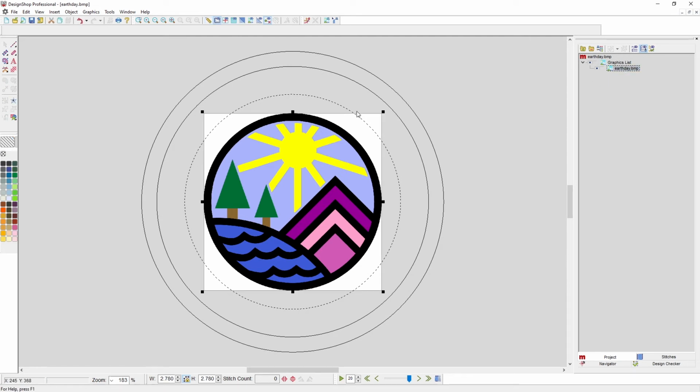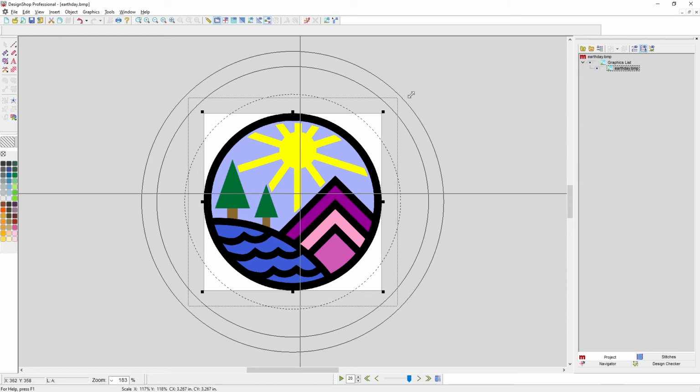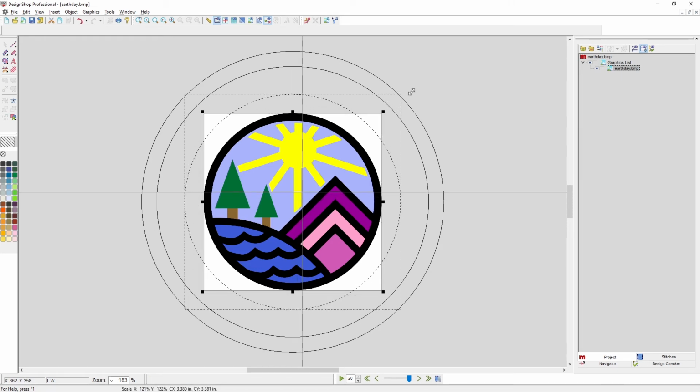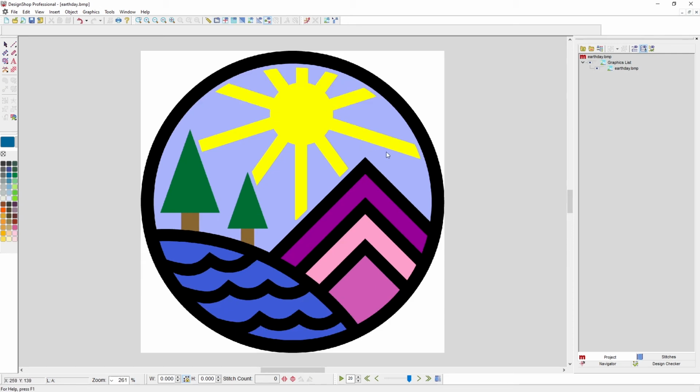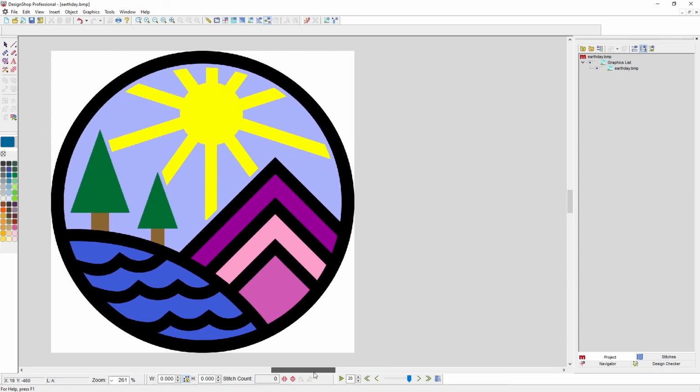So I'm going to click on the ruler to deselect it, and then I'm going to scale this back up to what we had it when it was just fitting within that hoop. There we go. I'm going to hide that hoop so I have one less thing on screen. Okay, so then let me move this over so that we can have room to kind of plan this out